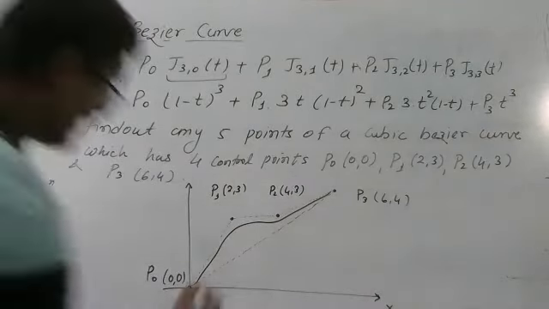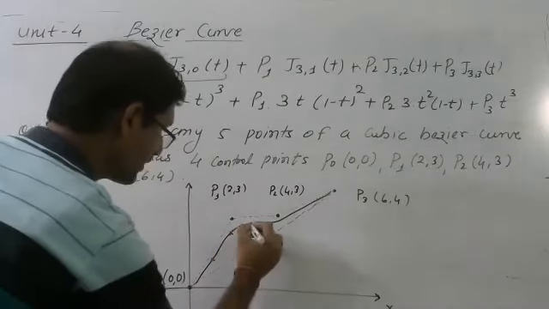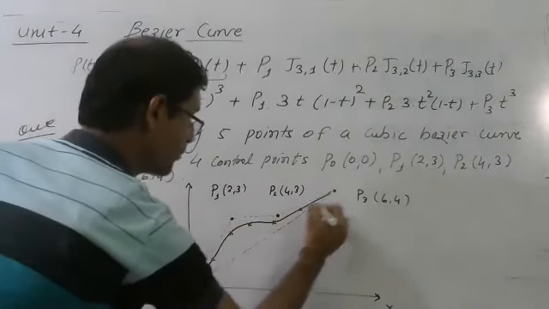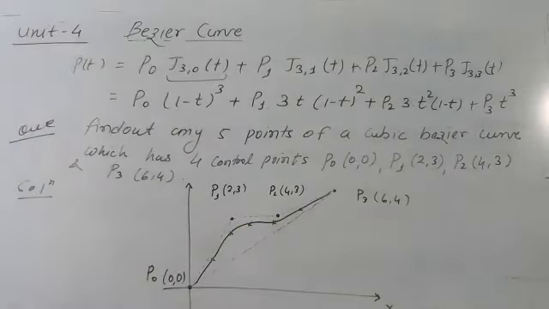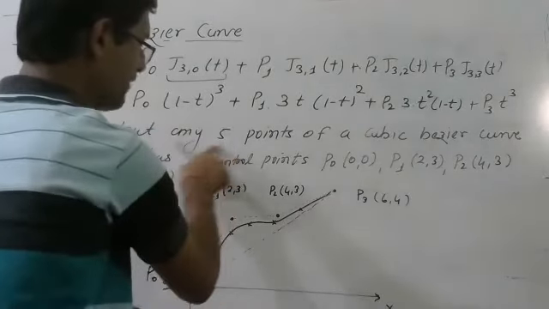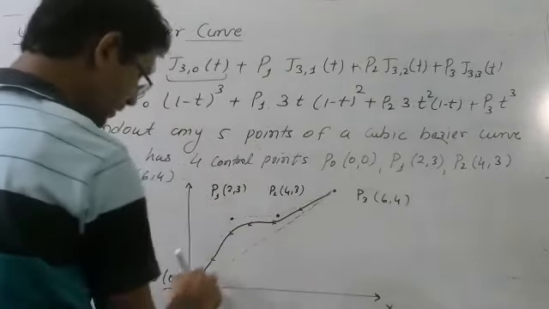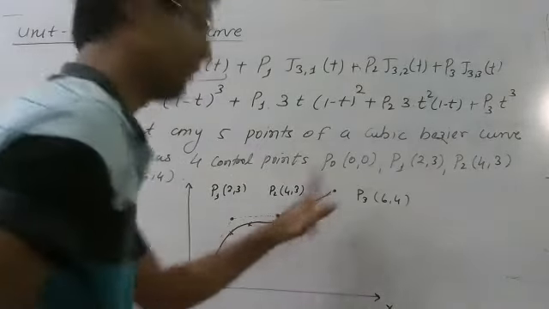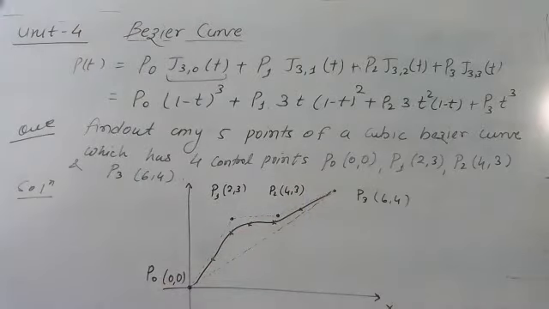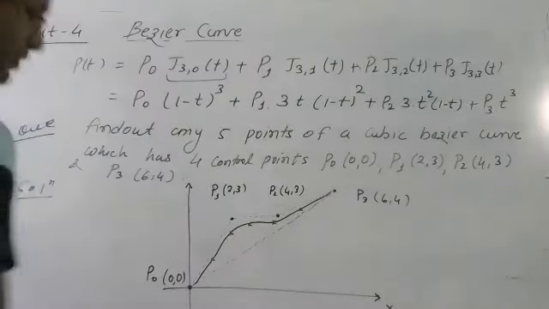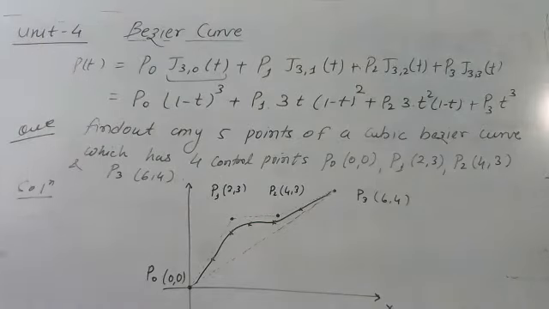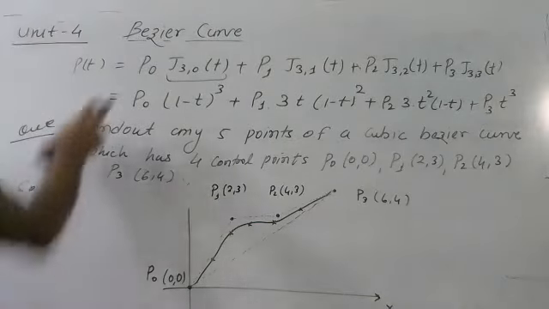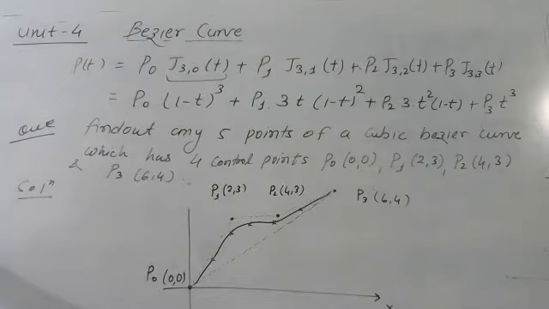So you need to find out points on the curve. इस कर्व के पॉइंट निकालना है so that you can draw this curve, right? So the question is saying you need to find out any 5 points on the curve. इस कर्व पे कोई भी 5 points आपको find out करना है so that you can draw this curve, right? So now how to solve this question? This is all about the question, how we can solve it. We can use this particular equation to solve this question.